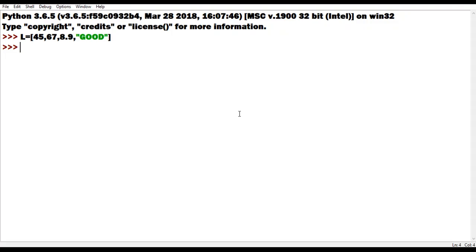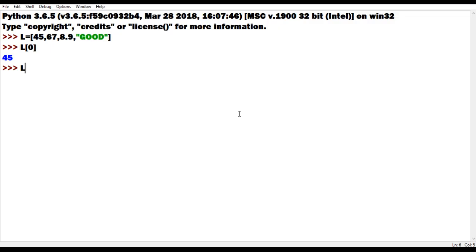If I need to find out the location of any element, there is a provision of indexing. So if I write this, I'll be getting 45, because indexing in lists starts from 0. Moving left to right, it is 0, 1, 2, 3, 4. As we have seen in the earlier video on strings, the indexing process is the same as for strings.